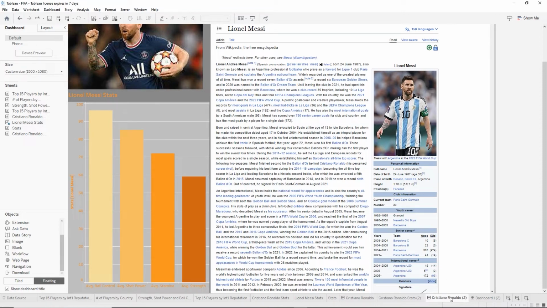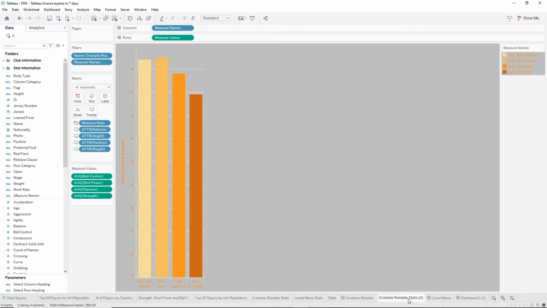So now we have to name this dashboard Lionel Messi Stats. Well, we can't do that. Oh, no, we're just naming it Lionel Messi. Forgot we used stats on his original sheets. So Lionel Messi. Now we can go to that Cristiano Ronaldo Stats 2